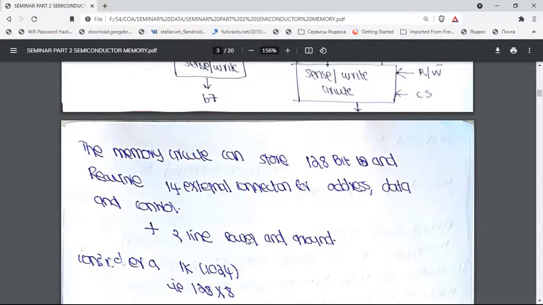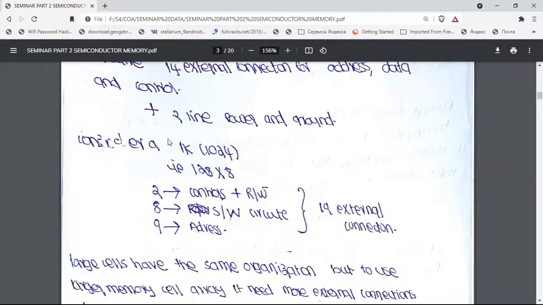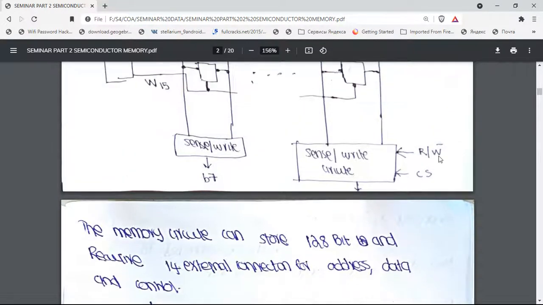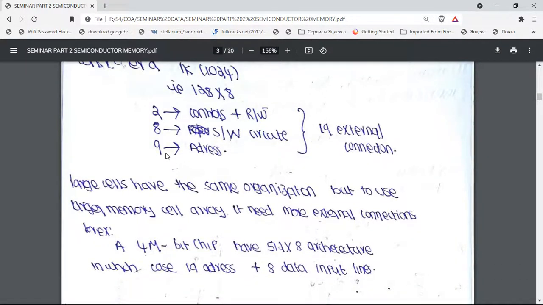There are 2 connections for power, a supply line and a ground. That is the general connection. So how do the 14 connections occur? There will be 2 control signals to read and write, and there are 8